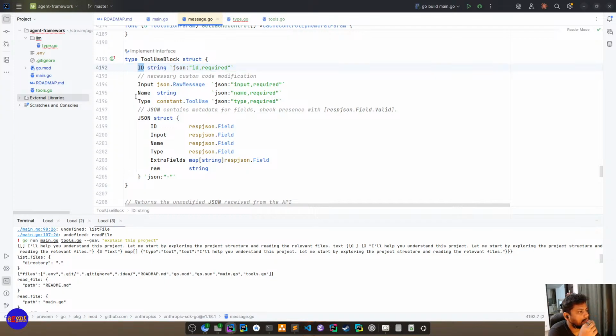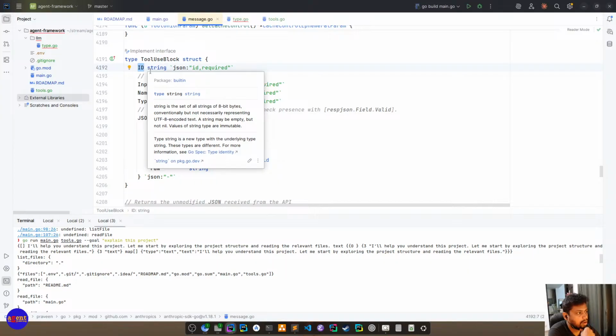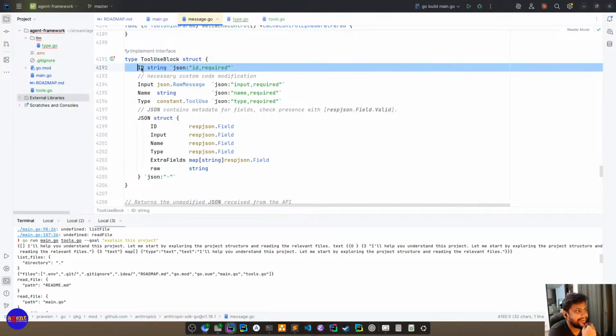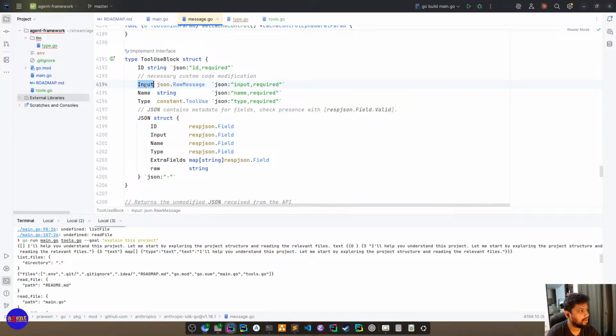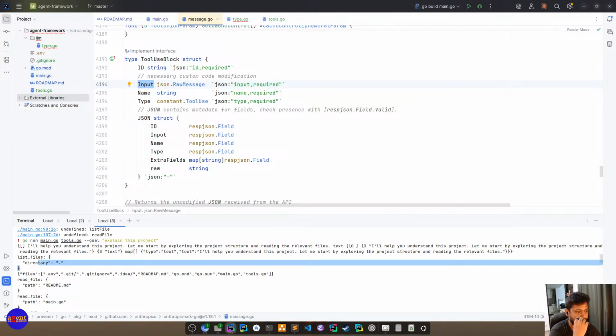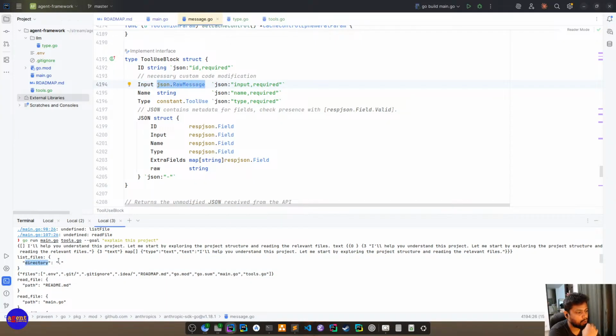So yeah, we know that when Anthropic sends us this tool use block, it will create a distinct ID, and we have to return the tool result with the same feedback. That is the constraint they will have, and it will give us a JSON, right? That is the input. So that is the tool definition. This is an example of it, right? We declared this as the tool input schema for list file. So it will return us this with the whole JSON, right? We can parse this, and it will give us the name so that we can select on it.